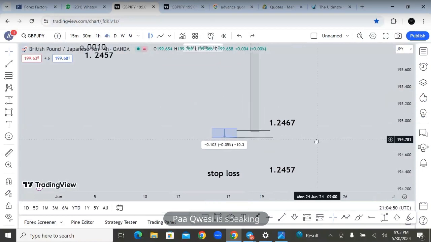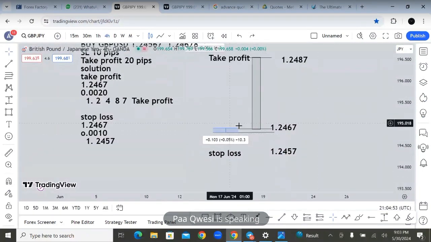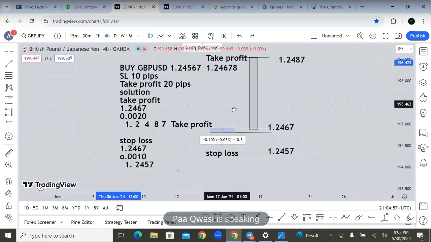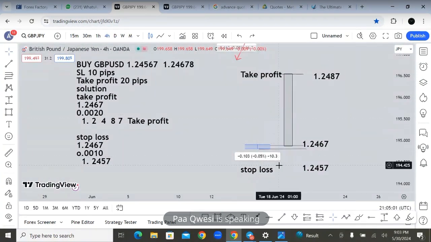So if you are selling too, we talked about the buy. So with the buy, your take profit should be up and your stop loss price should be what, down. But when you are selling, you are going to subtract for take profit and you add for stop loss. It is the opposite of the buy. If you are selling, let's say I said sell,